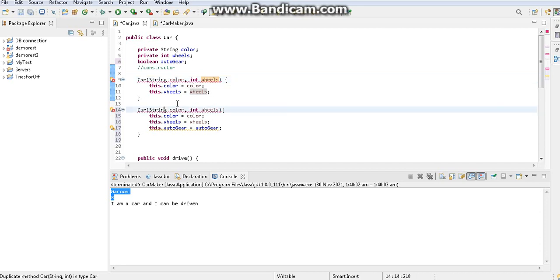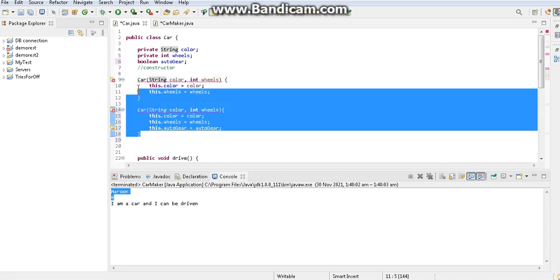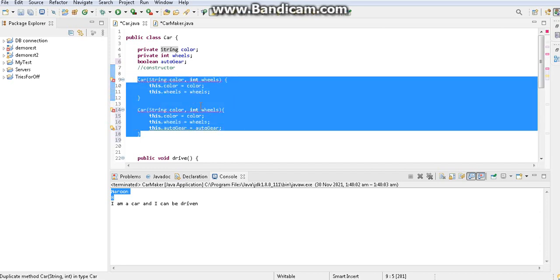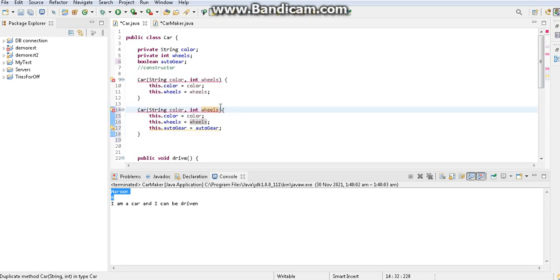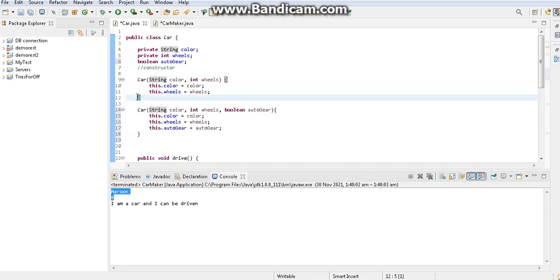The system will not be able to differentiate between these two constructors. That makes sense, right? So according to my need, I'm adding another parameter. Now this is fine. The system is not giving an error because it can understand from the usage: three parameters, then this is the constructor. I also remember the data type should be compatible, right? With the usage, three parameters for this constructor, two parameters for this constructor.